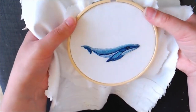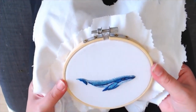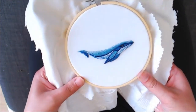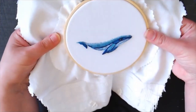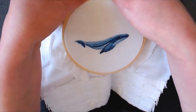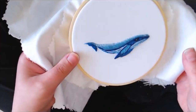And then you start with the stretching so that everything is really tight. You put it down a bit, the hoop. And just pull. You screw the thing closed as tight as you can. Okay, and then you're covered in fluff like me, but you know,